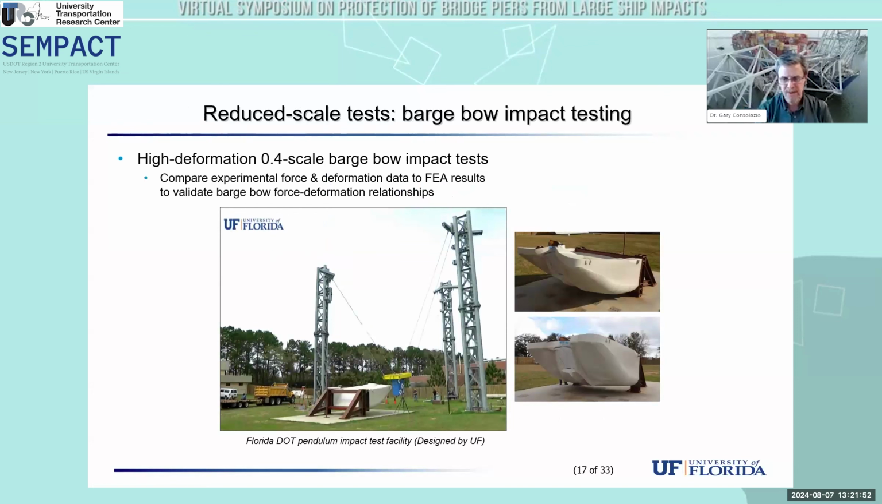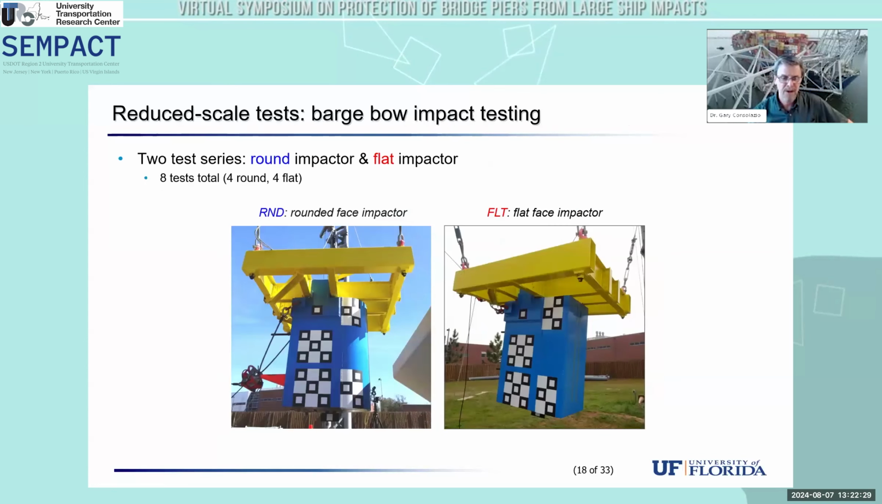Now, as a result of safety considerations at St. George Island, we were only able to generate up to about 16 inches of deformation. Our finite element models, and using the finite element models for developing design recommendations, obviously go to a larger deformation level. And so we had an interest in validating the barge models at higher deformation levels. So we did this at 0.4 scale, 40% scale, by designing and constructing a gravity pendulum at the Florida Department of Transportation. So we at UF designed the facility for the DOT, and then it was constructed,